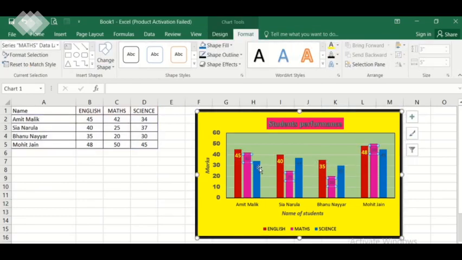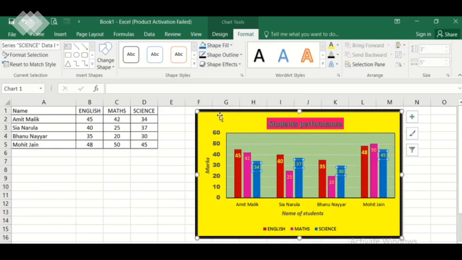Suppose you want to have the same for all, so you just press the shift key and select it like this. And again I can change it. Suppose I want this yellow, this also I want to be yellow, so you can change it. So this is the way we can format a table.